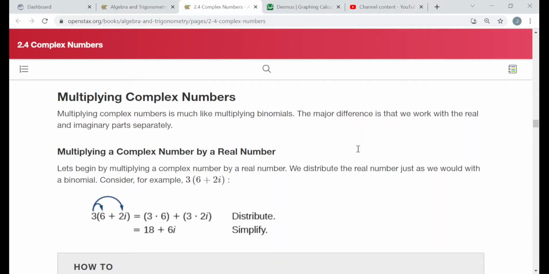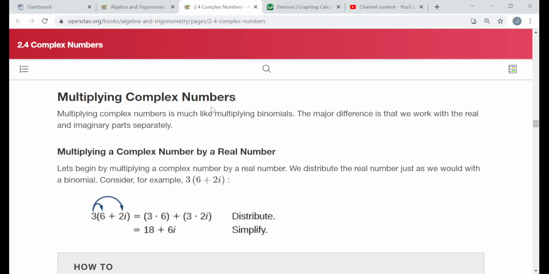Now each example I'm going to be doing from this video is taken directly from a free online textbook at openstax.org, and I'm in their Algebra and Trigonometry text, section 2.4, titled Complex Numbers, and I'm under the objective heading Multiplying Complex Numbers. So each example will be either an example from the reading or a try it problem from the reading, or from the exercises at the end of the section that are related to this particular objective, multiplying